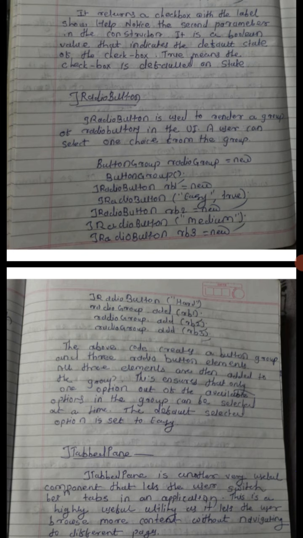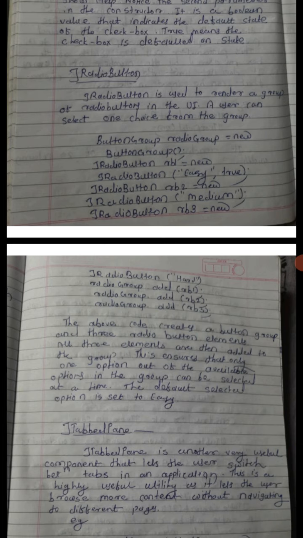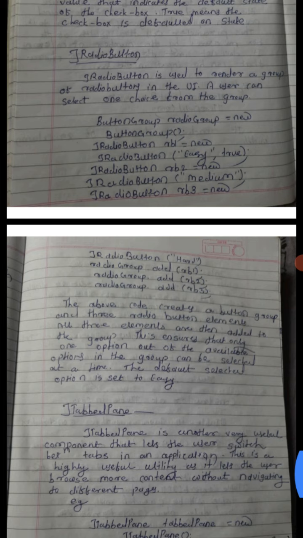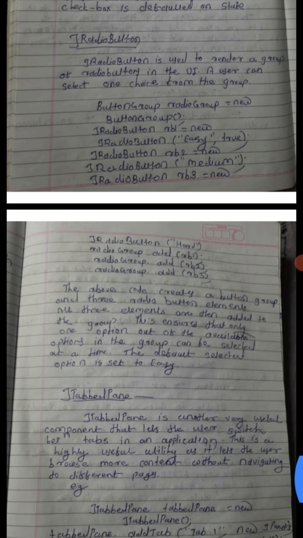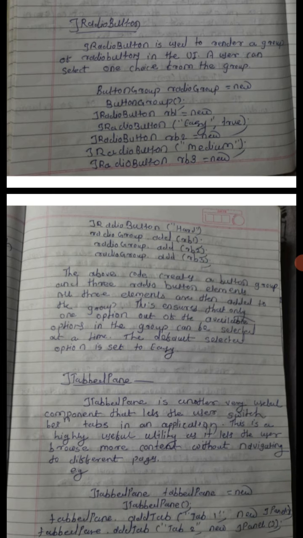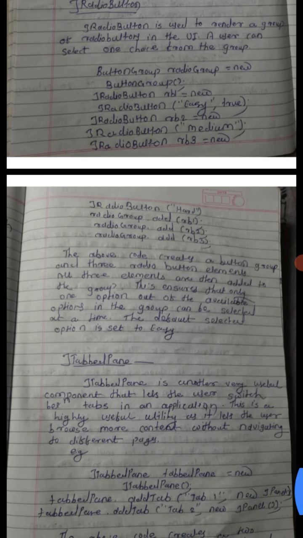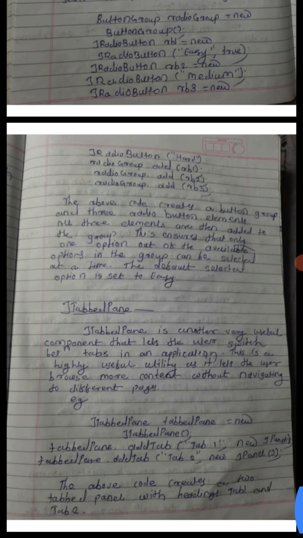Then next, JRadioButton. JRadioButton is used to render a group of radio buttons in the UI. A user can select one choice from the group. ButtonGroup radioGroup = new ButtonGroup(); then JRadioButton rb1 = new JRadioButton("Easy", true); JRadioButton rb2 = new JRadioButton("Medium"); JRadioButton rb3 = new JRadioButton("Hard");